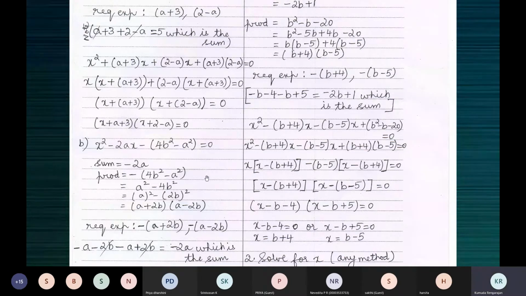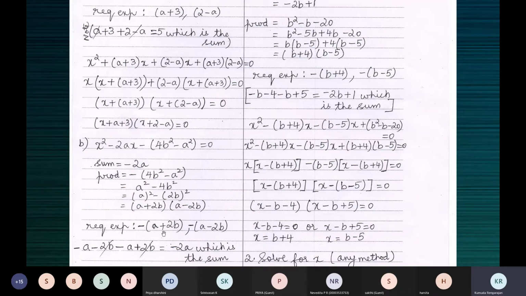Compare this working to the numerical ones which we did last year. You will find two numbers, supposing 6, and the numbers are 3 and 2. So you will say, like minus 3, minus 2, whatever. You can fix the signs. You know that. So here, taking a minus sign for both the expressions will give us minus a, minus 2b. This is just a check. You're just checking for the sum here.